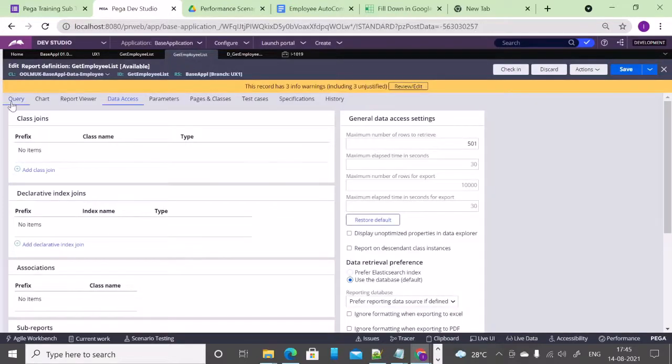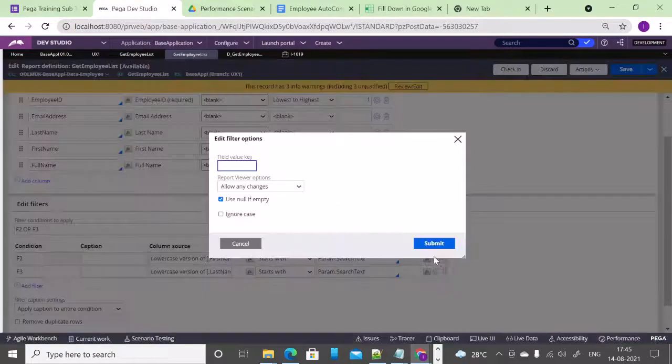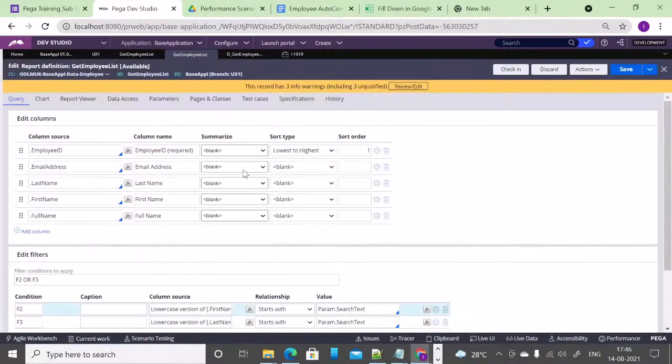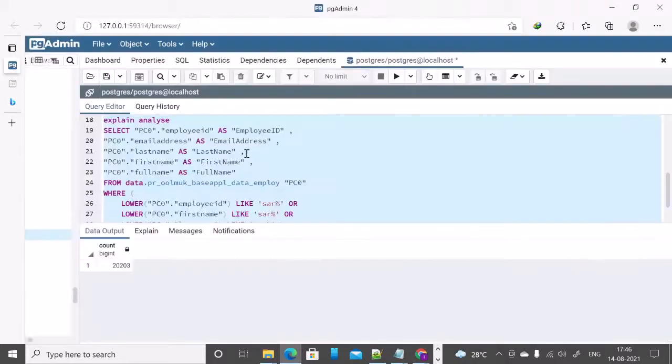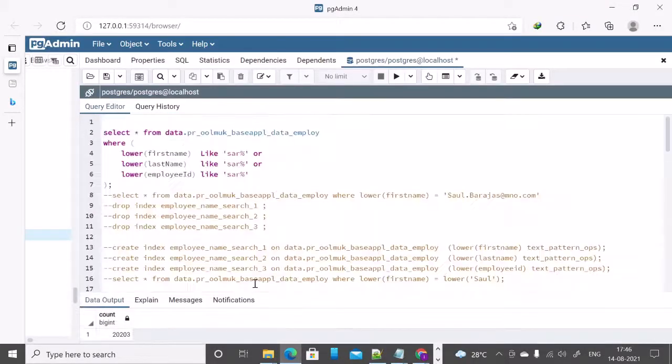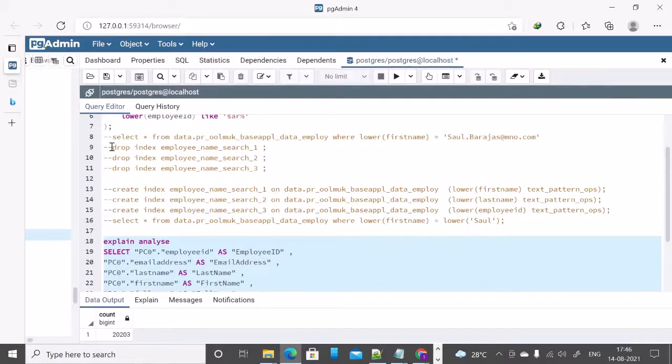But all we did this for is to ensure the DB table index is used. We had to make sure that a DB table index is also added for quicker search. So let me go to the DB. I already have these queries, the tables and so on. What I've done is I've added some of the indexes. Let me drop the index.